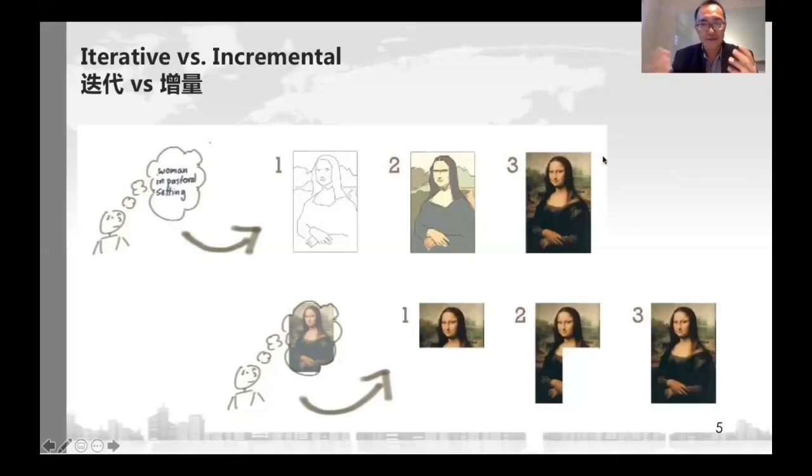So this is iterative. We do the whole thing in a step-by-step process. Now the good thing about this is that you get to see exactly, part by part, how it looks. The bad thing is that you don't have an idea of how the final product may look, right? So that's the iterative incremental.